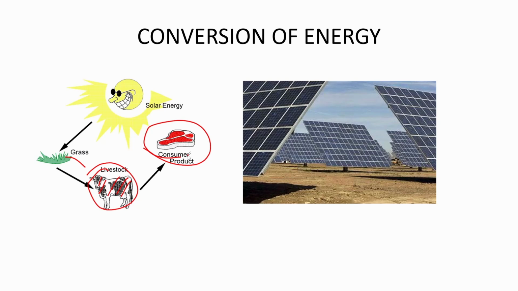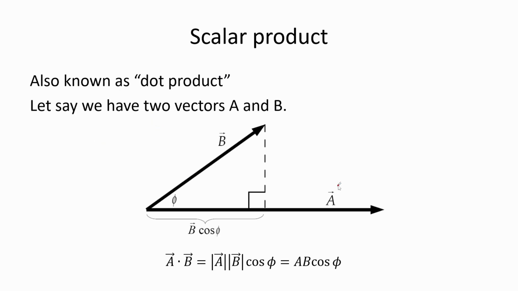Why don't we just directly absorb energy from the sun? It's not possible because we lack the ability to do photosynthesis. Also, can you imagine everyone being green? The other option is a solar panel, which directly absorbs energy from the sun and converts it into electric energy, but it is not that efficient. There are too many parameters, which we'll learn about.